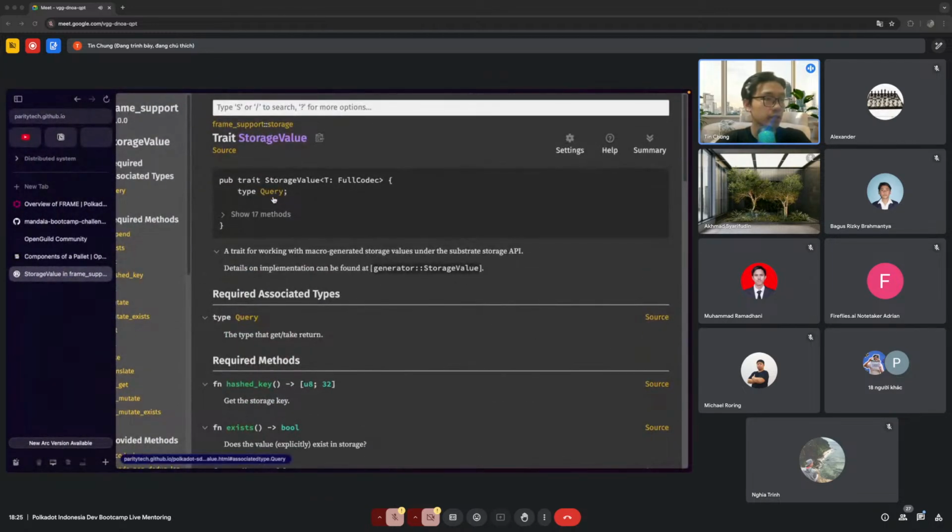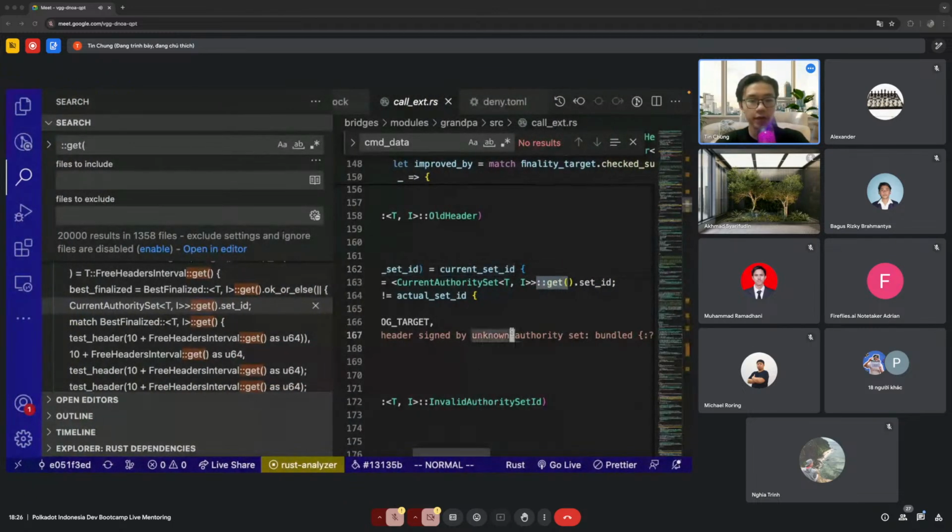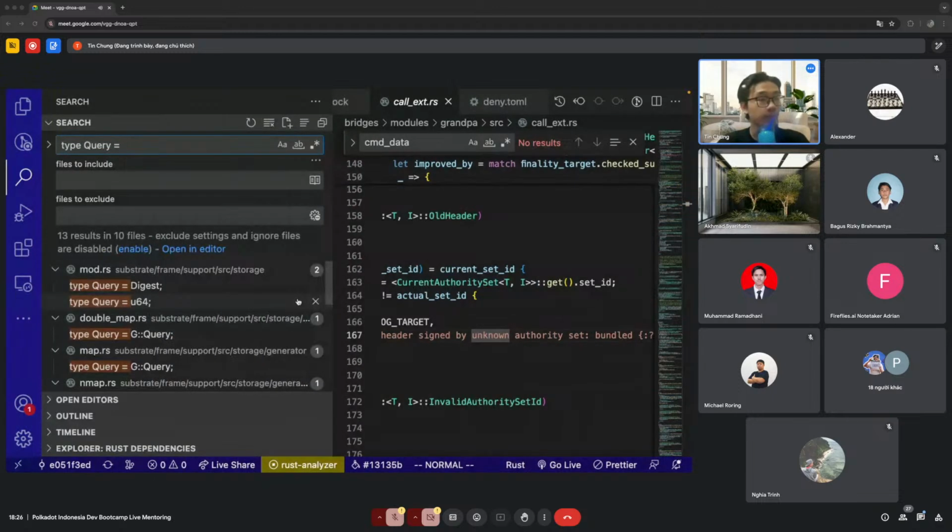Here, there's something called query. This query type, you can go to the query. This is a tip: whenever you work with Substrate, it's a good idea to clone the Polkadot SDK on your local machine, and then open the Polkadot SDK side by side.